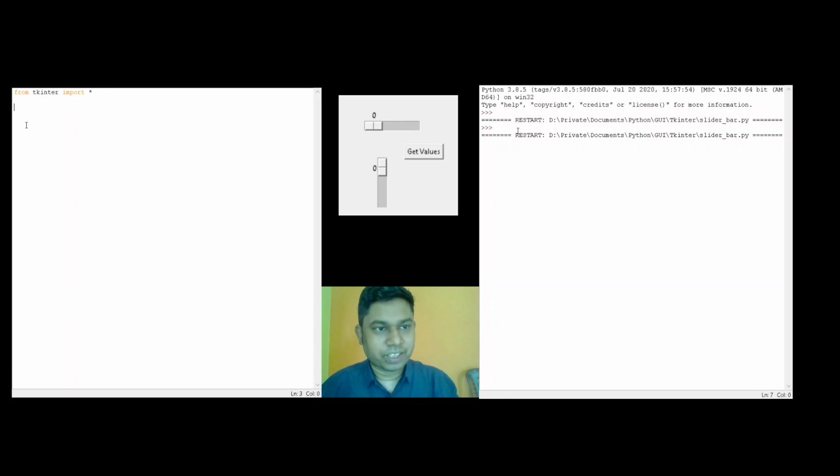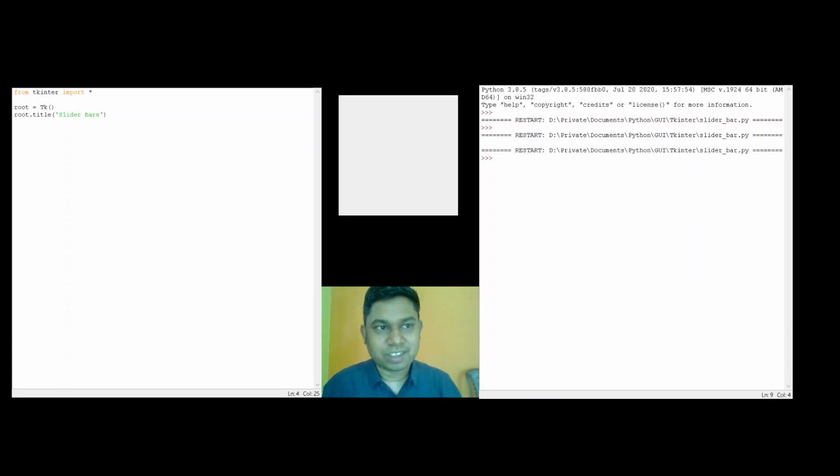You can use any variable here. Let me call it root as I did in the previous lectures. And then I need to give a name to my window. So root.title and let it be slider bars. Now let me run this. So I get a blank window as you can see.